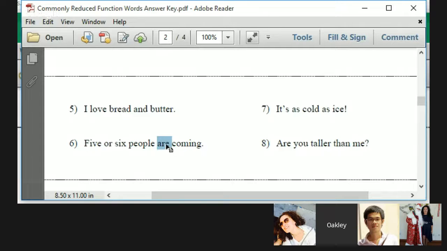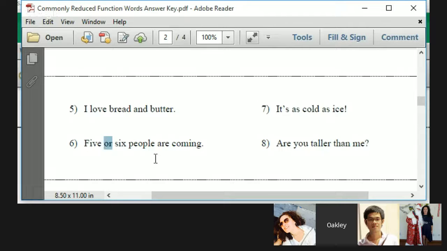Okay, listen to the way I say the sentence, Albina. 5 or 6 people are coming. Not "are." 5 or 6 people are coming. It sounds like "Fiver just six," like I'm adding an R. People are. It sounds like I'm saying Fiverr, and it sounds like I'm saying "people are." In other words,